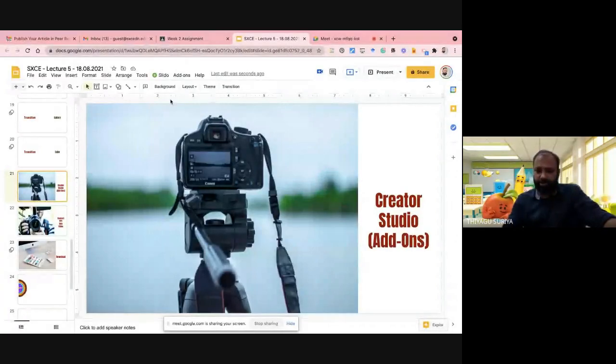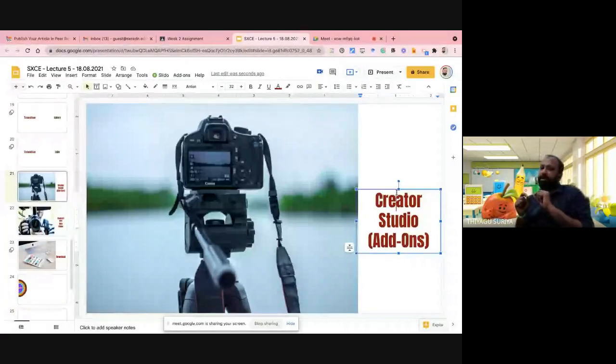Now I would like to move to this option, the Creator Studio. This is an add-on software. What is the purpose? Now I'm not preparing any video along with my audio. So here I'm going to convert my entire PPT slides into a video. Like in PowerPoint also, we can convert our normal PowerPoint into video mode or a PDF file or a JPEG file. In a similar manner, if you would like to convert your Google Slides into a video, not a voice-over video, you can convert all your slides into a video.